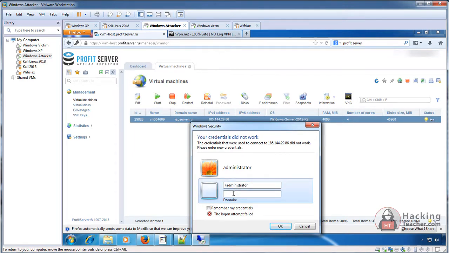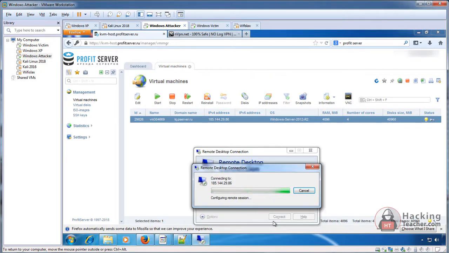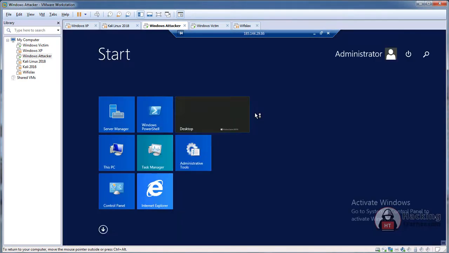This password would be given differently to you in your email. Let me check what the password is. I give the password, and you're connected to this computer.